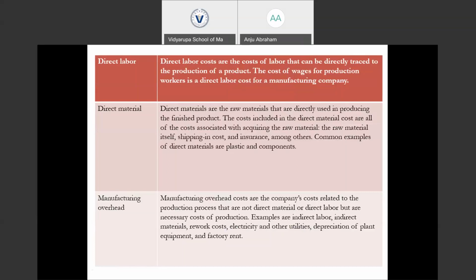So the cost of direct material includes the cost for acquiring the raw material, the cost for making an order with the supplier, contacting the supplier, the cost of the raw material itself, the transportation in cost, the carriage in cost, and the insurance cost, and various other direct costs associated with the raw materials.